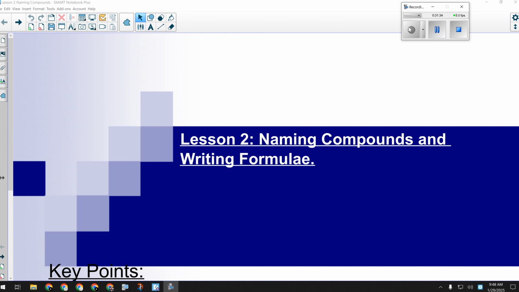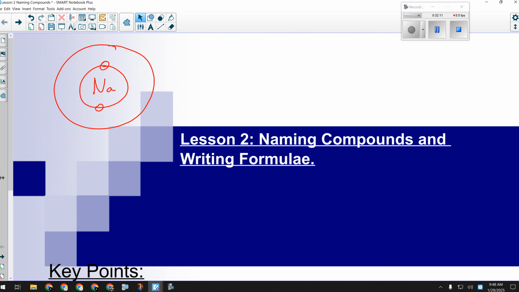So if I have a sodium atom, let's say, is sodium a metal or a non-metal? It's a metal, it's on the left. A sodium atom has 11 protons and it has 11 electrons. When we're looking at where electrons are generally found, we call those places orbitals. In the first set of orbitals, there is only enough room for 2 electrons. In the next set of orbitals, there's room for 8.